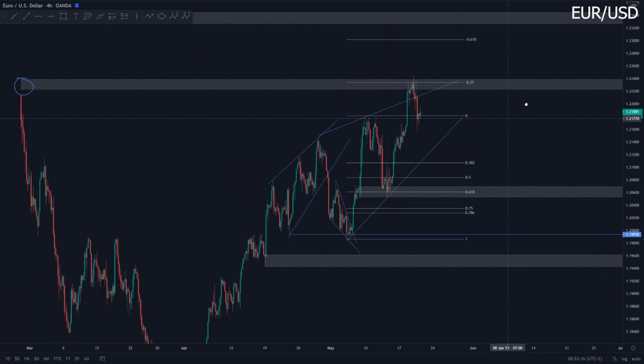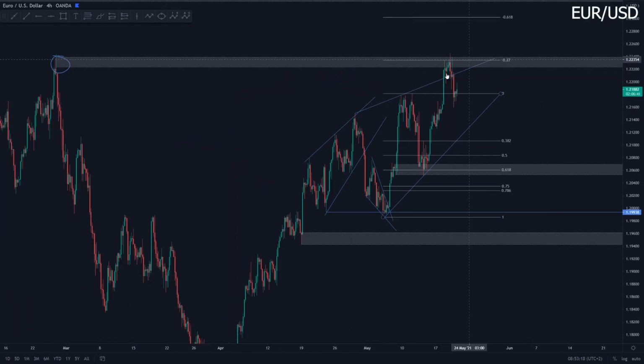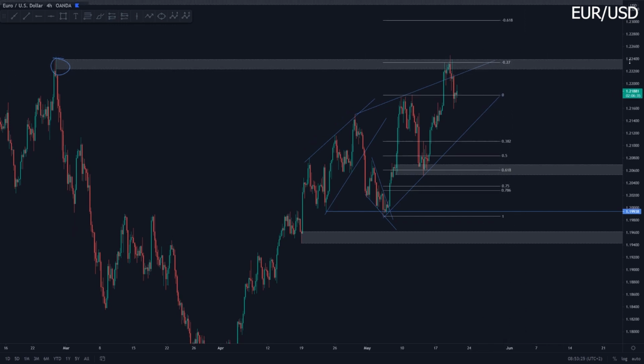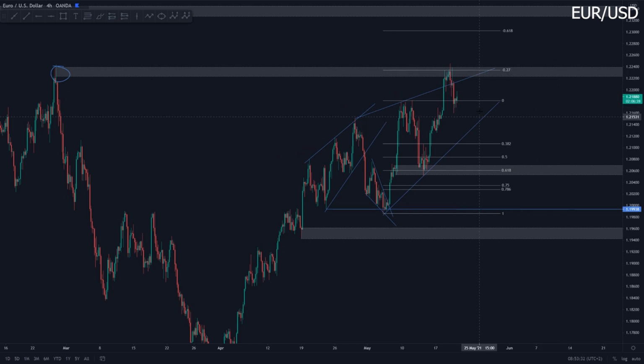So Euro dollar broke and reversed from the ascending wedge third trendline touch, and from my reversal area, and from the -27 level with absolute perfection. So yeah, really happy with what happened on Euro dollar. As you can currently see, we're currently rejecting this area of support. However, I do expect Euro dollar to push down further towards the downside.